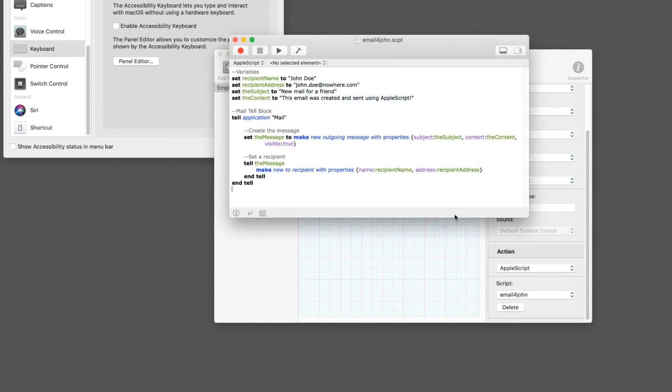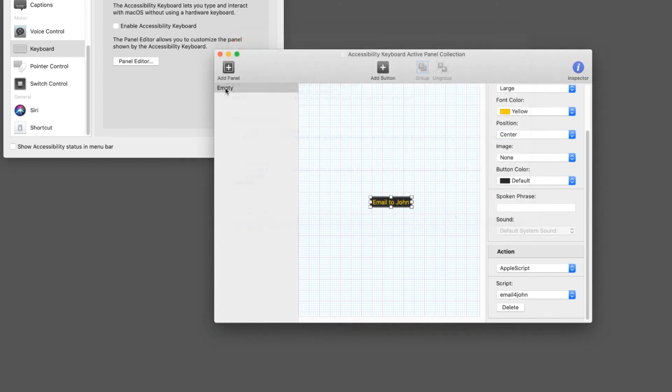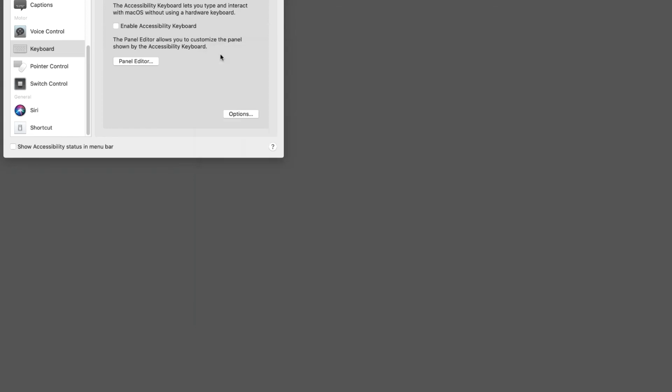By the way, this is the source code of the AppleScript program we are using. Our mini keyboard needs a name, so we name it Email Templates. You see that there are many more options for automizing keyboard activities. However, explaining all the options would exceed the possibilities of this course. We are leaving the editor.